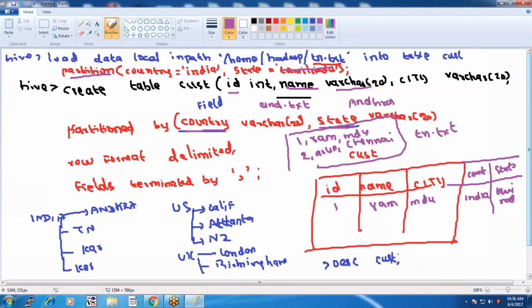That's the key thing. Please make a note. So this is the way by which you insert the data into the corresponding partition. Once it is inserted, the partitions will be populated only with the related information. So that if you query,